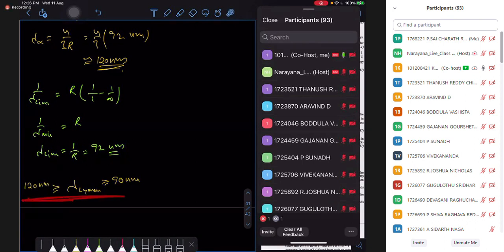So is it in the visible spectrum, or beyond the visible spectrum? The visible spectrum starts from something around 350 nanometers. Blue color is 350 and red color